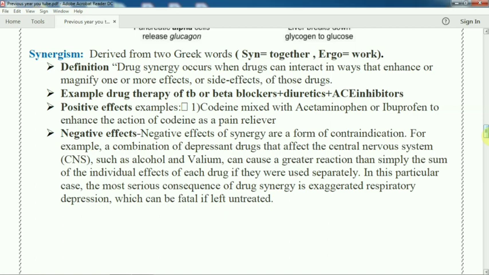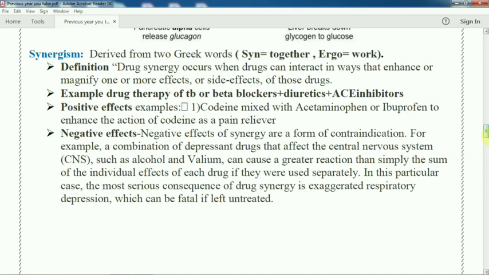That means combination drug therapy is more effective than the single use of a drug. That is, they work together. Like in case of hypertension, a beta blocker, diuretic, and angiotensin converting enzyme inhibitor are used as a combination therapy. In case of tuberculosis, DOTS, first line drugs, different drugs are used in combination due to resistance to the drug in case of single use.